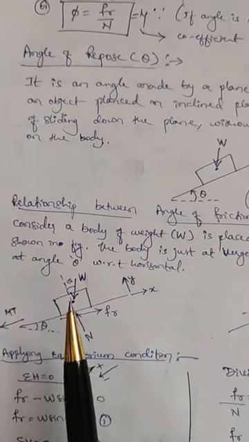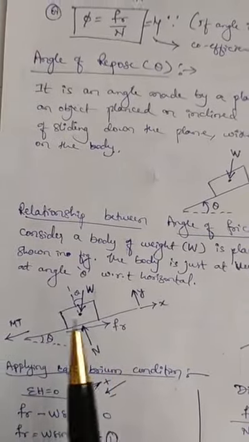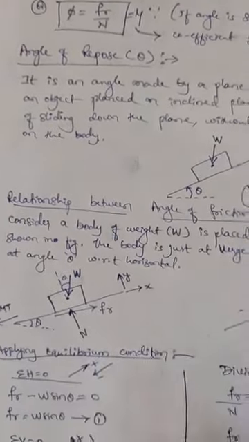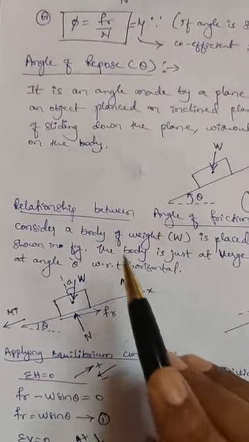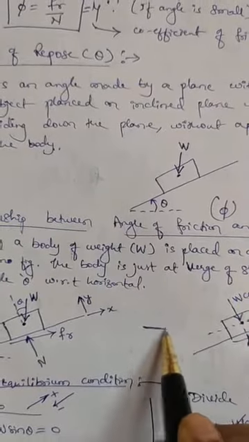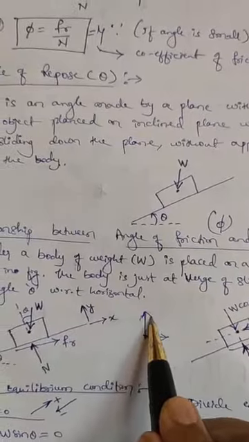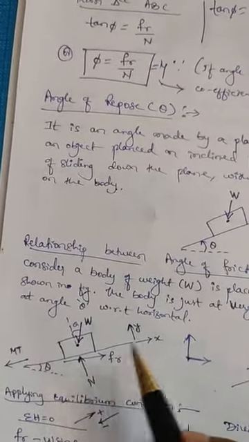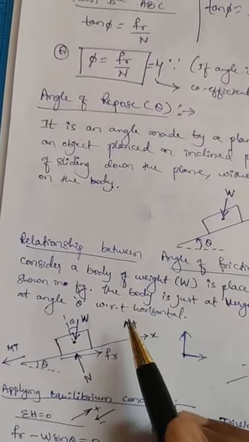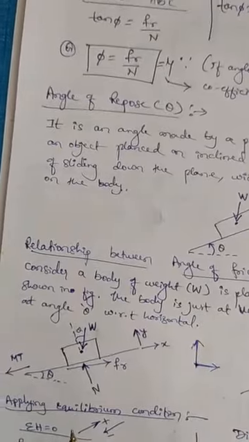Now, to derive phi is equal to theta, what exactly we are supposed to take is, when we deal with the inclined plane, our x-axis will be parallel to the inclined plane and y-axis will be perpendicular to the inclined plane. This is our actual x-axis and this is our actual y-axis. But in this case, when we deal with the inclined plane, our x-axis should be parallel to the plane and y-axis should be perpendicular to the plane. Fine. Now look at here.